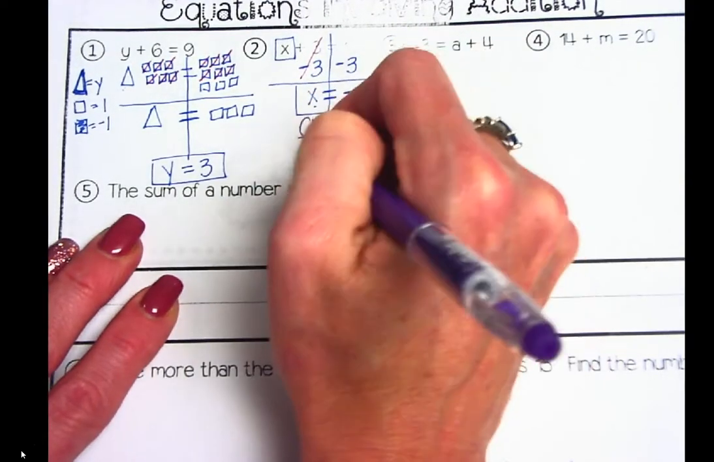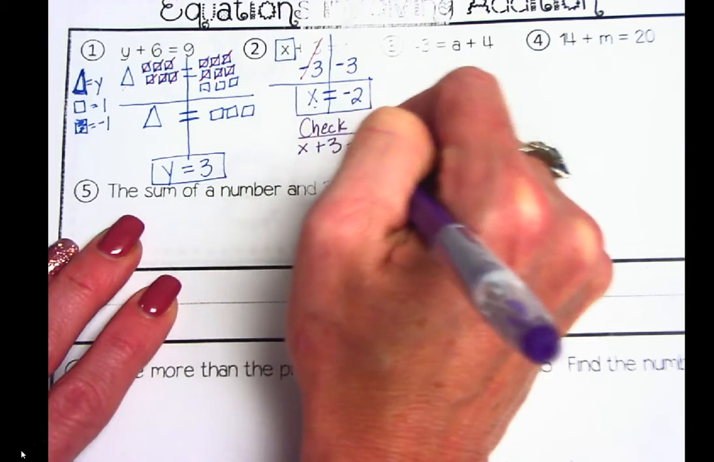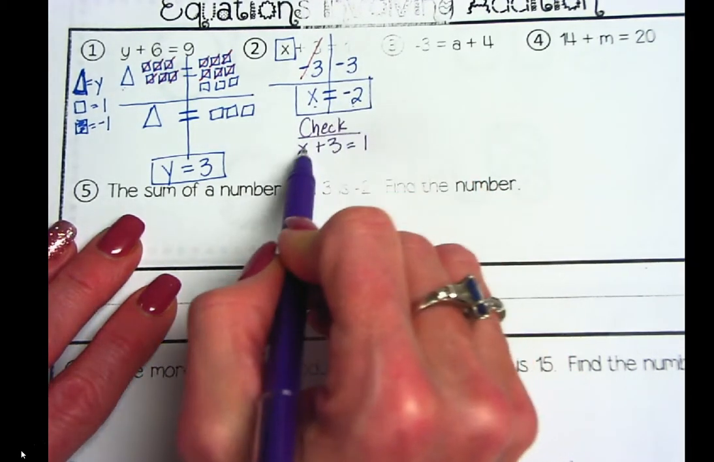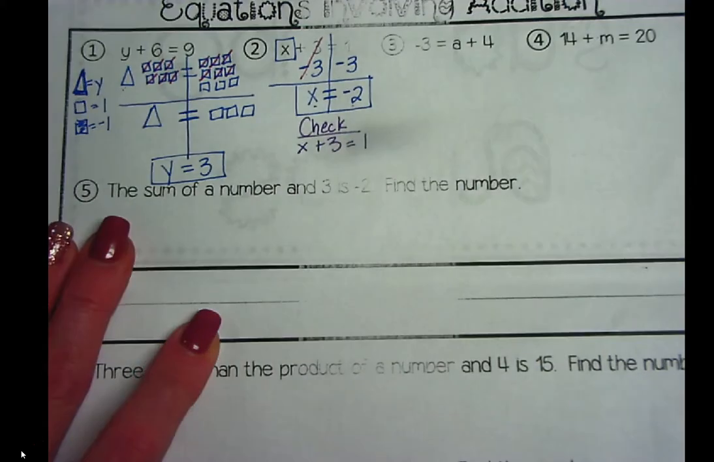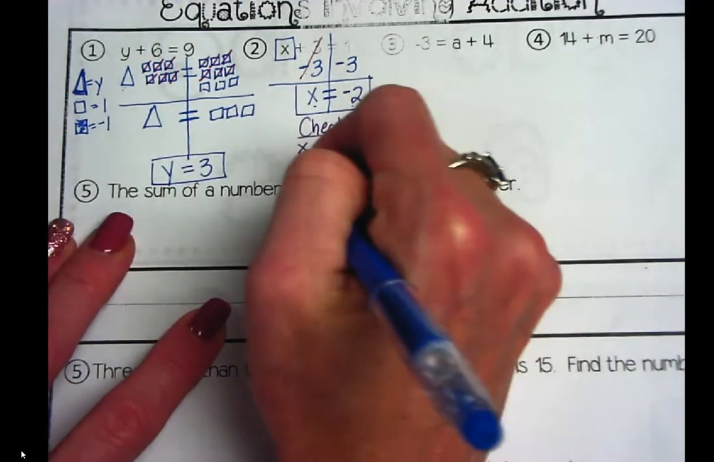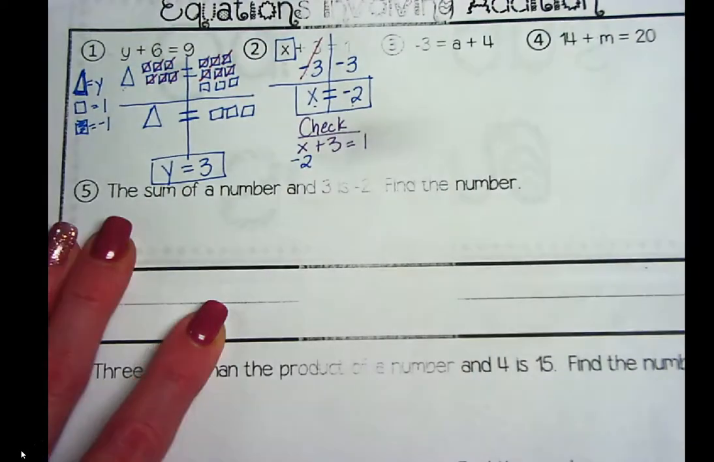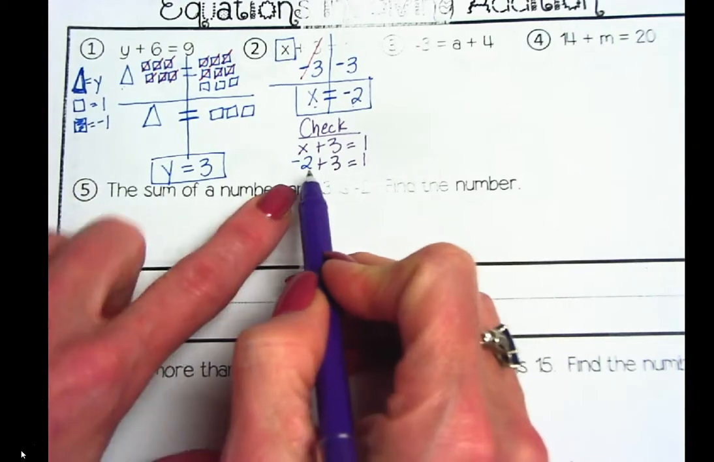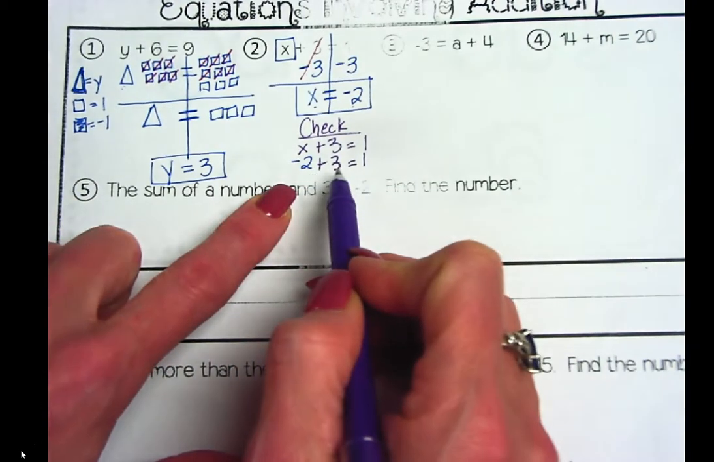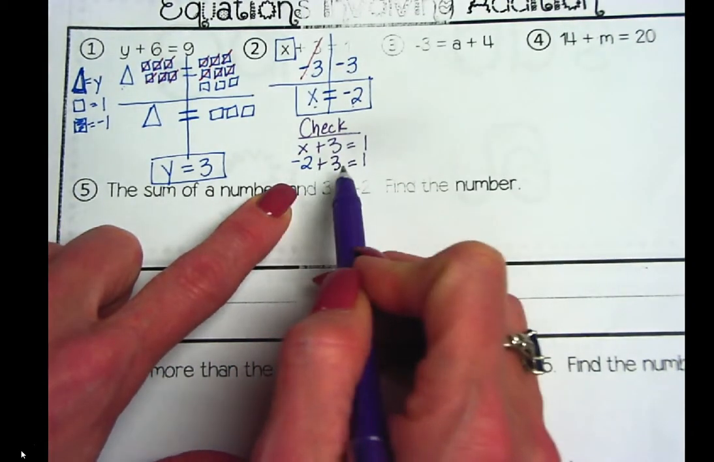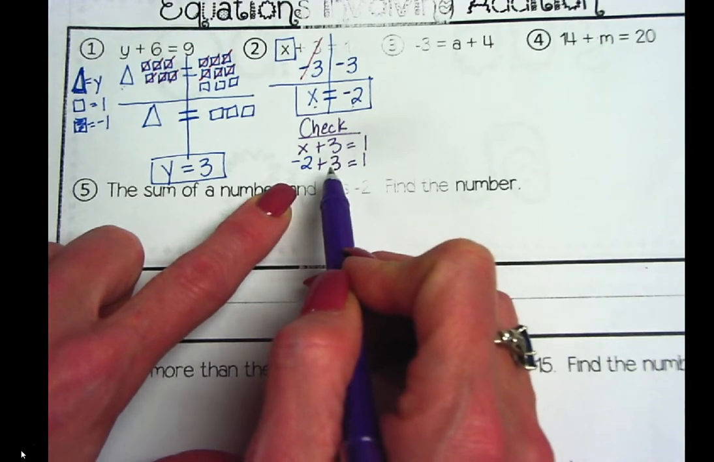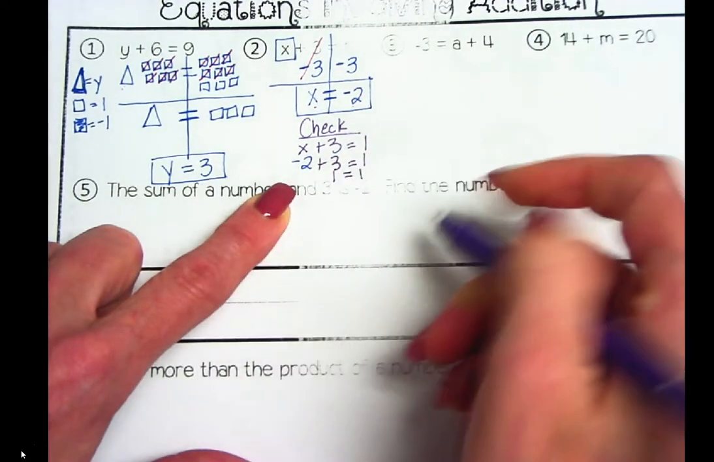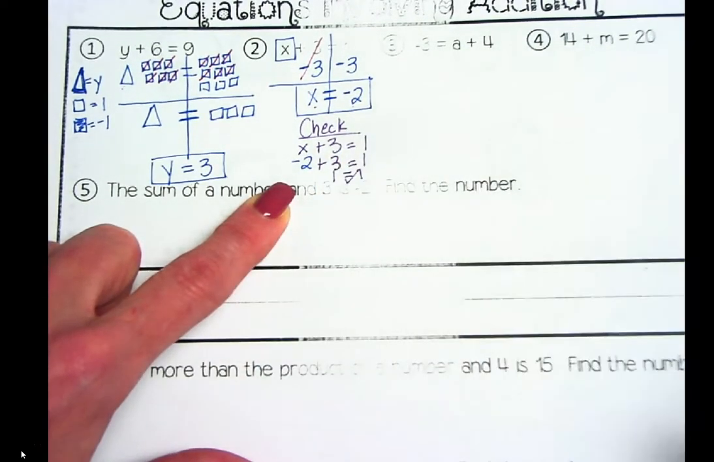My check is x plus 3 is equal to 1. I'm going to put in the value I got for x and substitute it in here. So I'm going to check to see if negative 2 plus 3 is equal to 1. And if I add negative 2 and 3, and you can do that on your calculator or mentally, negative 2 plus 3 is what? 1. That's right. So because I got my check, I'm going to put a check right there to show that